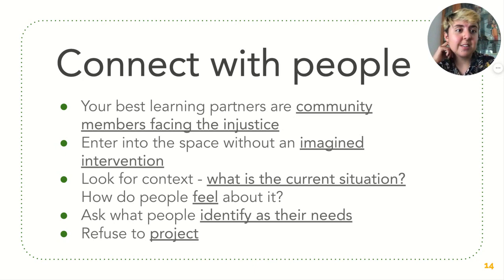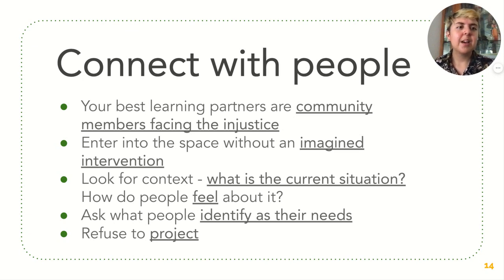Always look for context, look for the current situation, look for the feelings, look for the things that people are facing, barriers that they're working up against. Ask even what people identify as their needs. Sometimes design processes will have us project needs, which is the last point, but more often than not, people can tell us what they want, or they can tell us hints of what would help. And then it takes our approach to synthesize and break down with those people to be like, is this what I heard? Is this what I understand? And helps us to start to move towards an actual intervention that's built from an understanding that others have given us.